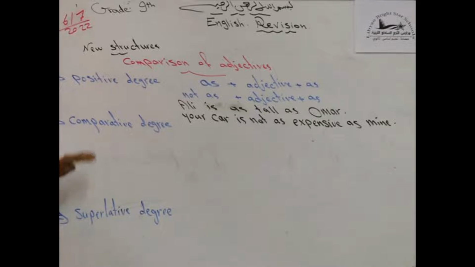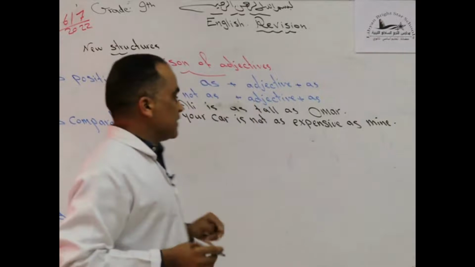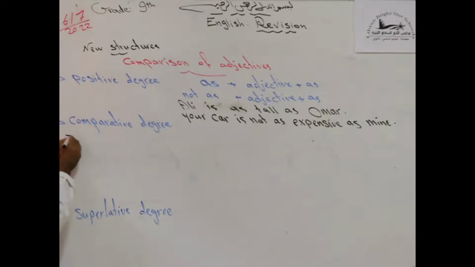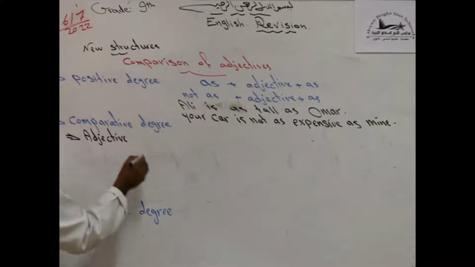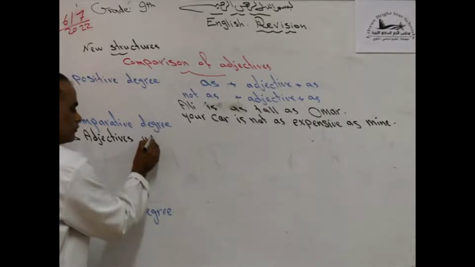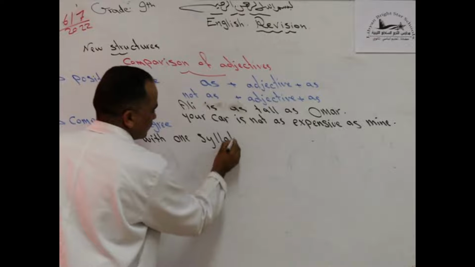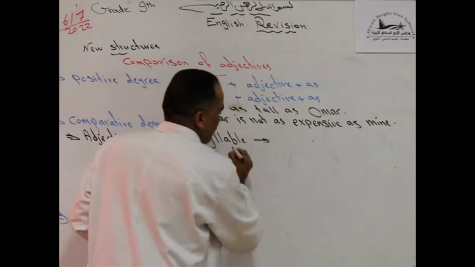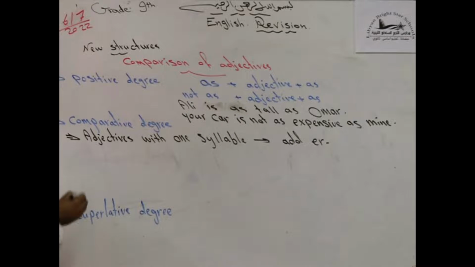Let's move to the second type, comparative degree. We use the comparative degree to make a comparison between two people or two things. بنستخدم النوع ده من المقارنة لعمل مقارنة بين حاجتين. Adjectives with one syllable, add er. For example,